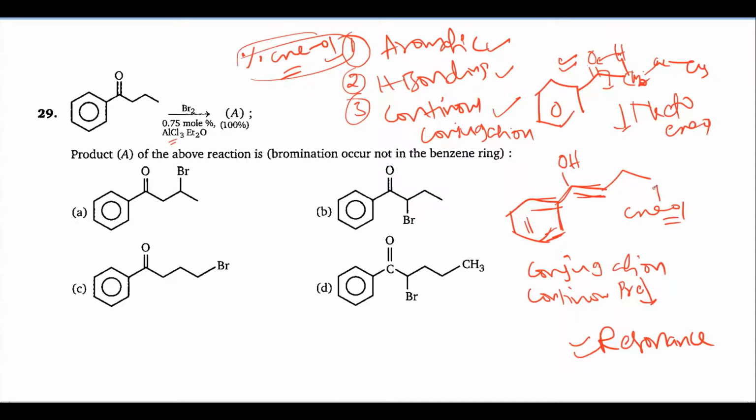There will be a double bond, and this is Br2. Br2 means like Br plus and Br minus. So this is electrophilic addition. I will write it. So it is like this: this is the negative charge and Br minus is leaving. Then you are going to get the product. I will write it: this is a ring. Okay, so this is OH.